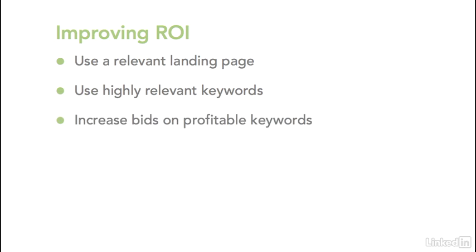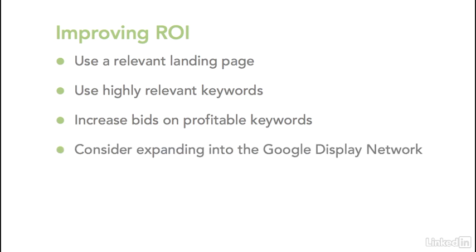If you notice that you have keywords that are working really well and you're still seeing a significant ROI, continue to adjust the bids to increase the exposure and generate more traffic. And on the contrary, if you find that some keywords aren't working, you want to lower your bids or even consider removing them. Also, consider moving into the display network as you begin to expand. You can use the Placements tab to see all of the web pages, apps, and videos where your ads are appearing, and then you can decide which sites are performing particularly well.